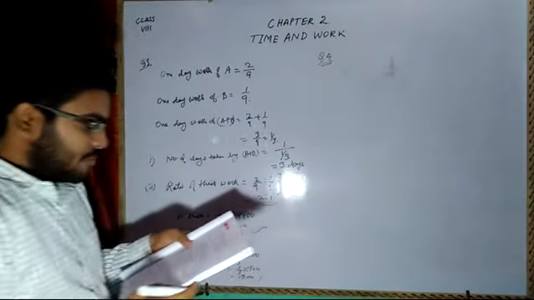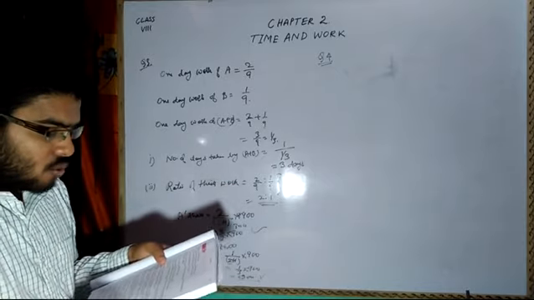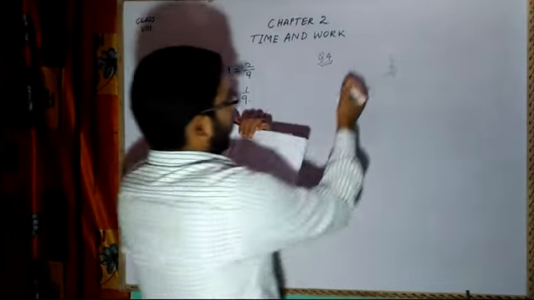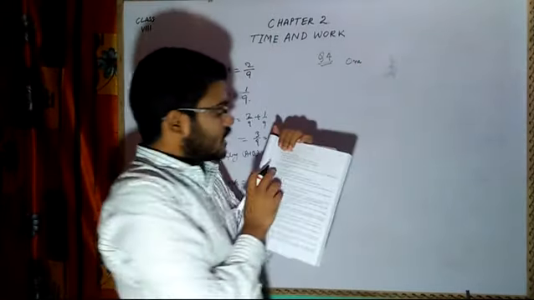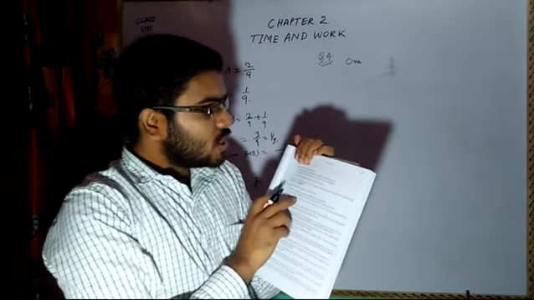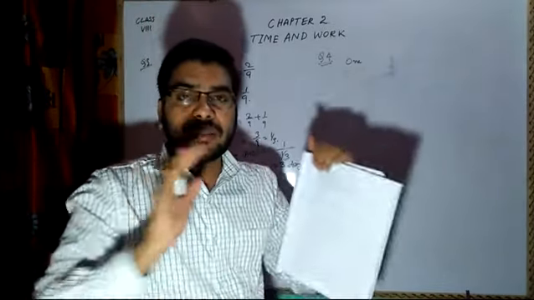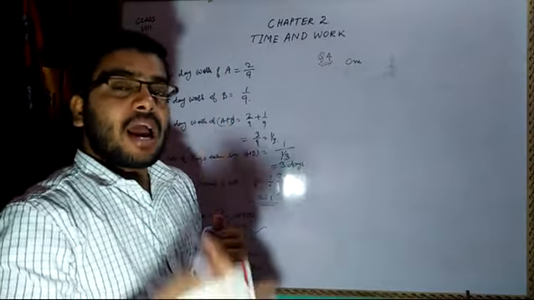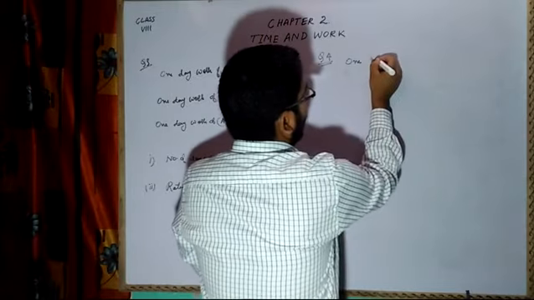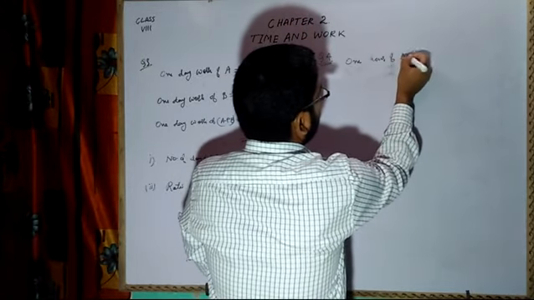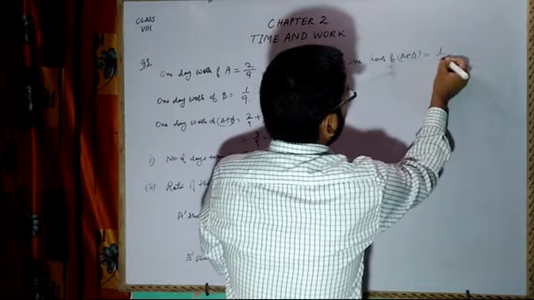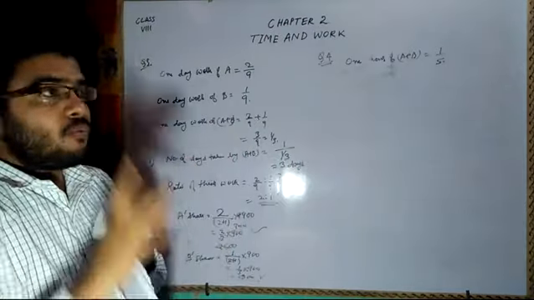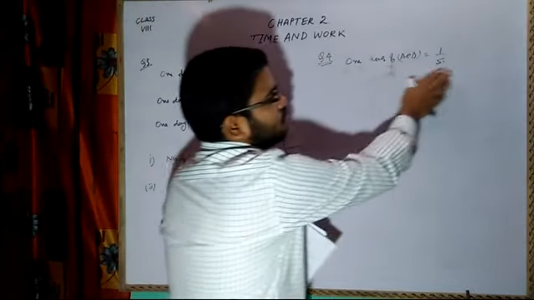Question number 4. A and B can do a job in 5 hours. A alone can do it in 8 hours. How long will B take? Now see the questions. 1 day work of A we have to calculate. Here they are saying A and B can do a certain job in 5 hours. Together they can do the job in 5 hours. So our first task will be, we have to find 1 hour work. 1 hour work of A plus B is equal to 1 by 5. Together if they are working, then they can finish the job in 5 hours. But for one hour, how much part of the work will they do?